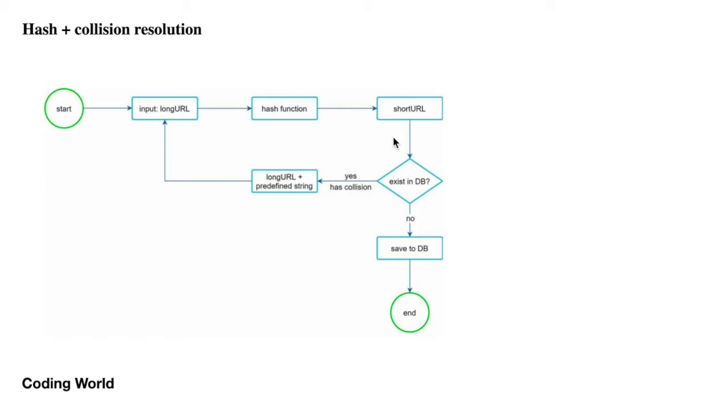This process will keep repeating until you get a unique ID, a unique short URL for your string, and then we will save it to the DB. But in this flow you have one DB operation, and that DB operation will add cost to your design. And there are many algorithms or techniques to make this DB call less.